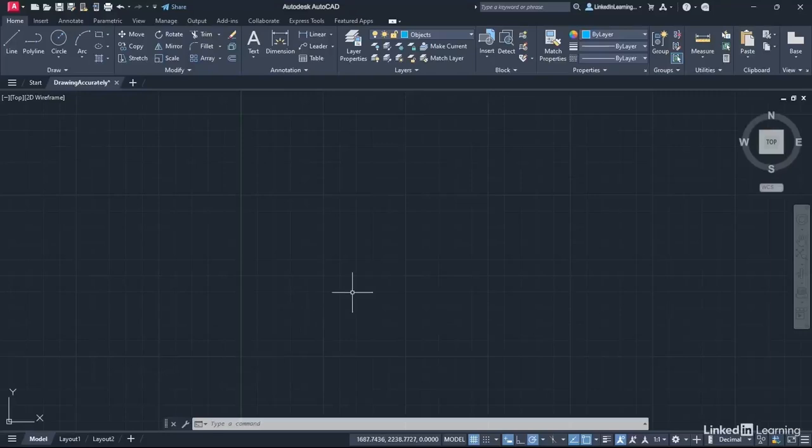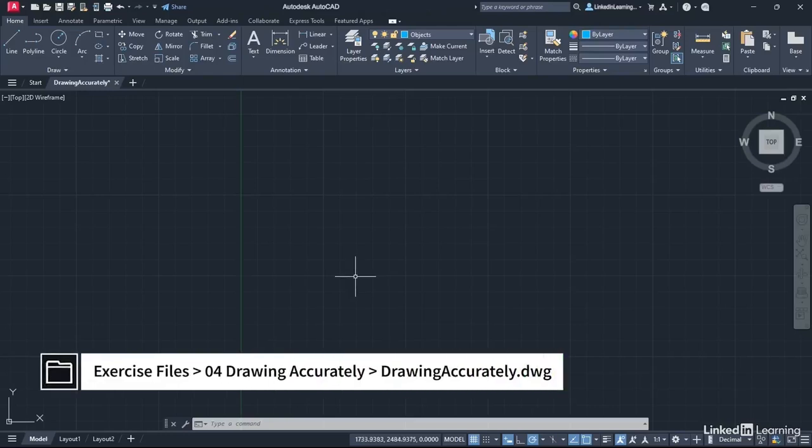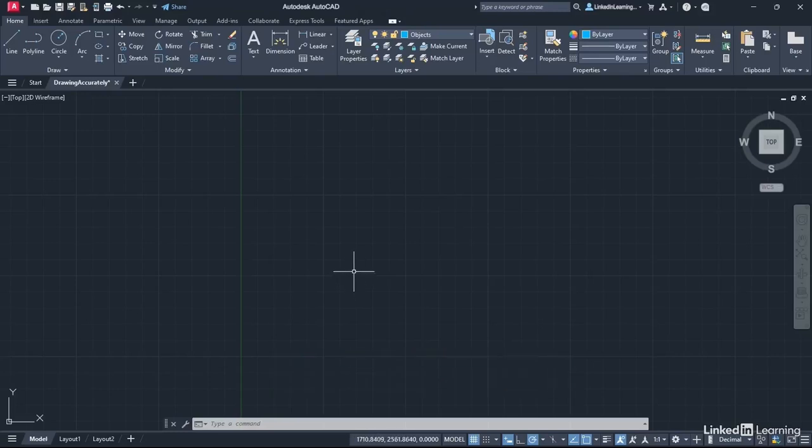We're starting a new chapter now, and we're going to take a look at how we draw accurately in your AutoCAD drawings. So for that reason, we've got a new drawing for you. You can download it from the library. It's called drawingaccurately.dwg. When you open up the file and go into the Model tab, you will notice that the drawing is